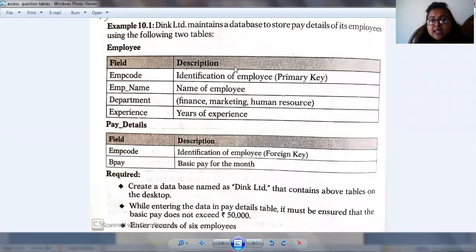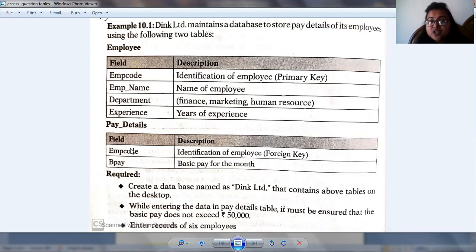the employee code, supposing the computer automatically identifies a few records as 1, 2, in the employee table. Now going to the pay details table, you do not need to mention the employee code.